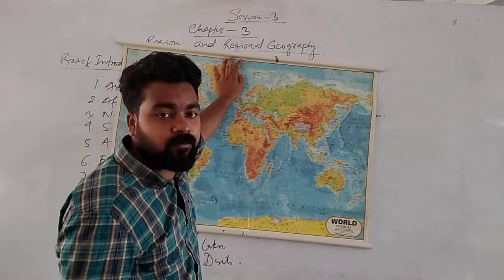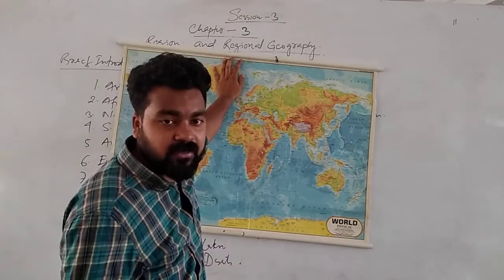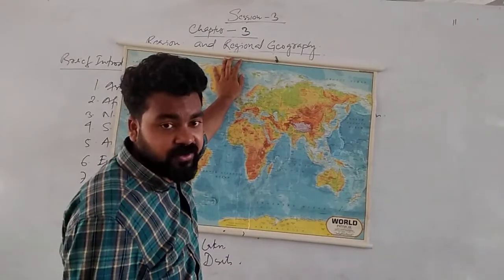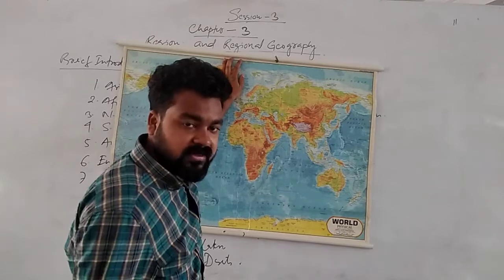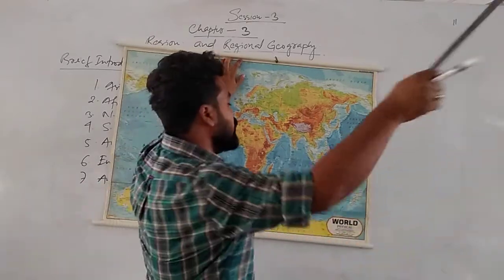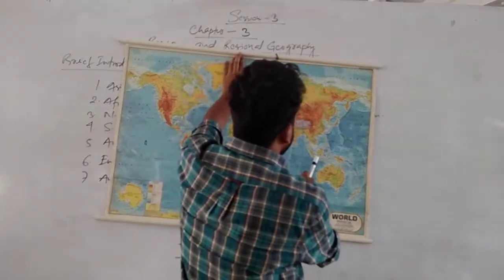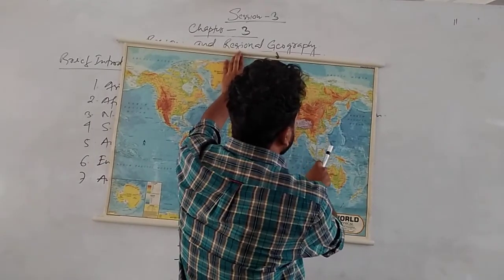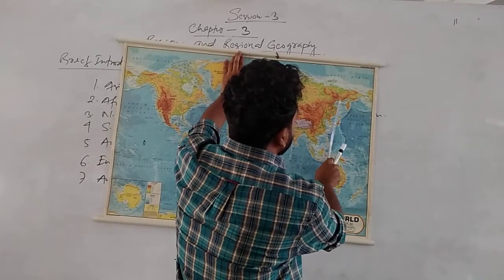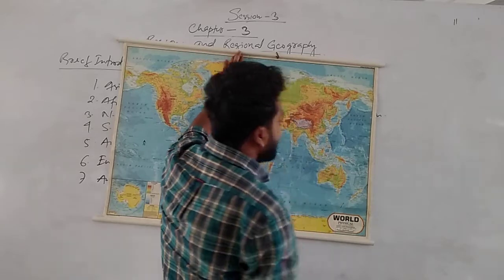Huang He, Tsangpo. Tsangpo is actually the name of the Brahmaputra in China. This is entering through the Siang district of Arunachal to Assam, and it is going to the Bay of Bengal. And there under the sea are other different rivers. So these are actually the different rivers in